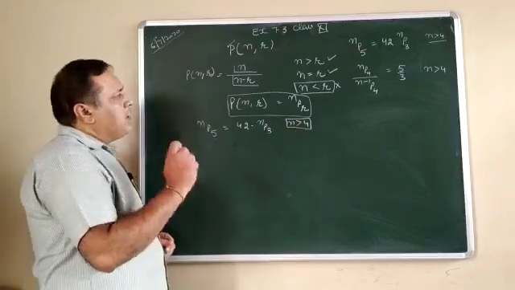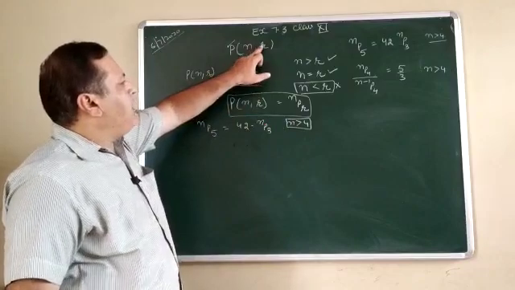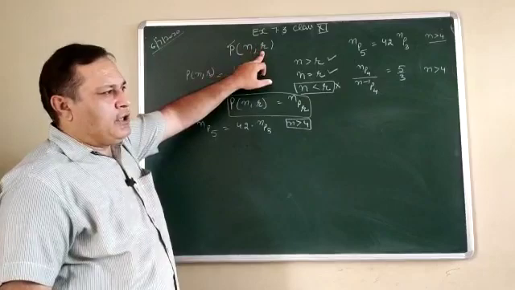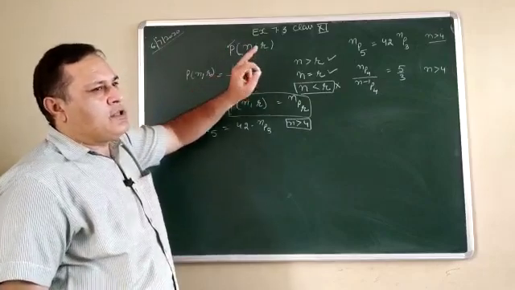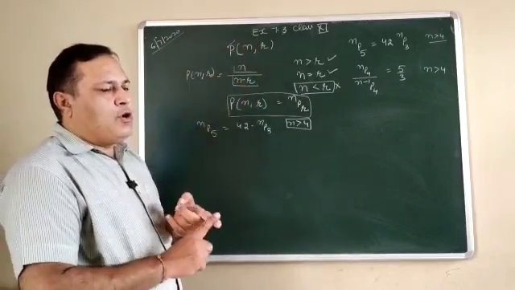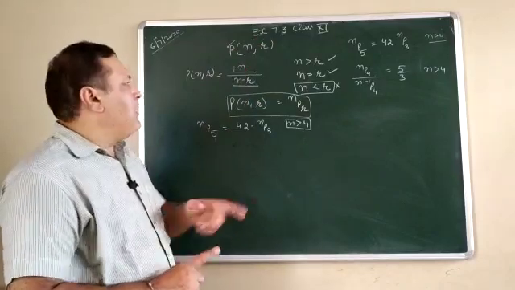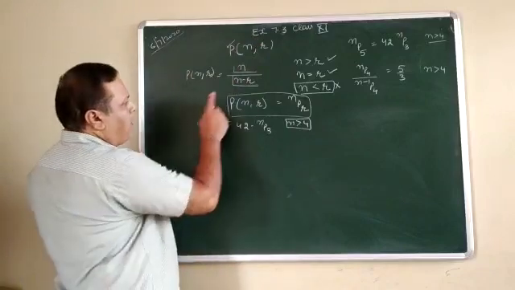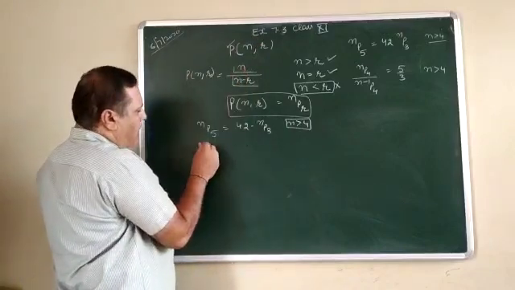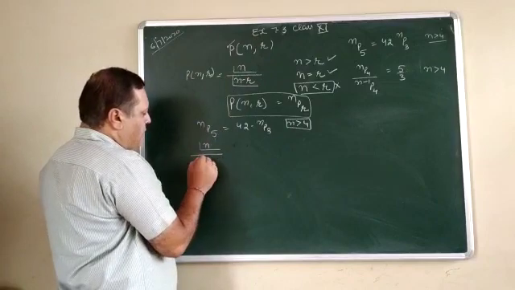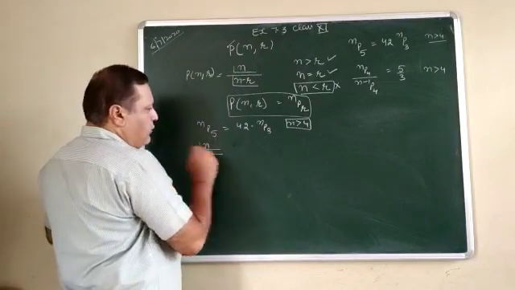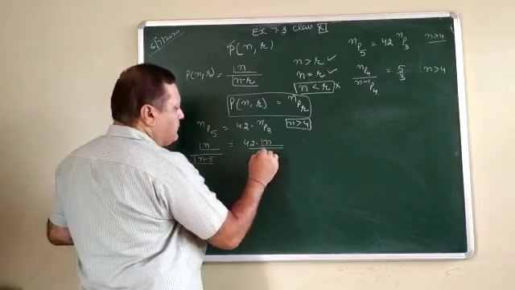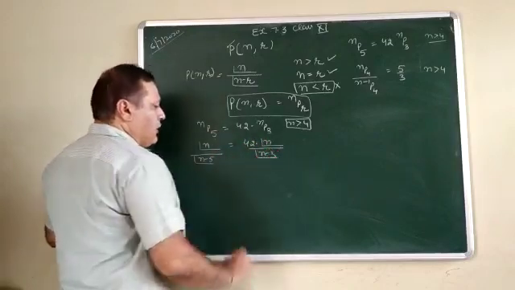And one more important thing, the value of n and the value of r can never be negative. It is always positive, and always positive means it is always in the form of a whole number: 0, 1, 2, 3, 4, any value, but never a fraction, never negative. Now see, how can we open? According to the formula of nPr, it is n factorial upon n minus 5 factorial. It is 42 times n factorial upon n minus 3 factorial.